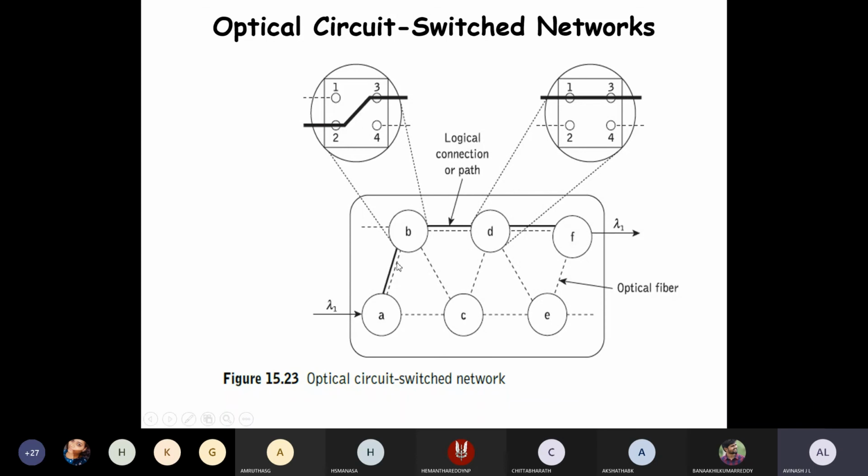Here in B, 2 is taking and 3 is giving the output, because the signal is coming from the bottom. When you talk about D, you can see the same line-wise, and a provision has been made: one is taking as input and 3 is giving as output. That is what you can observe.